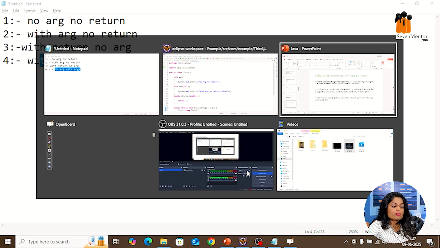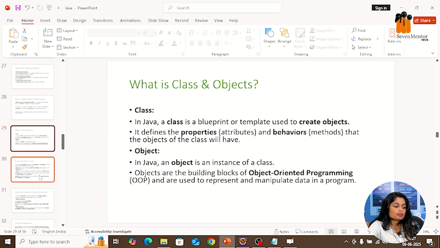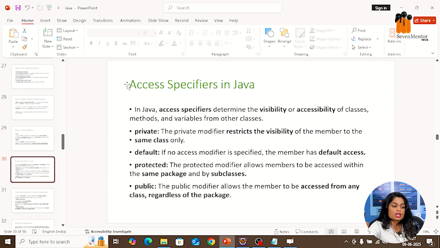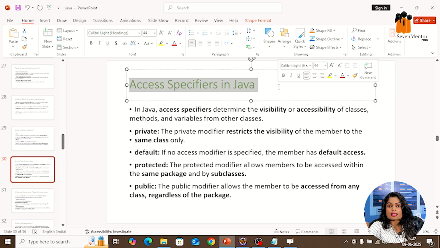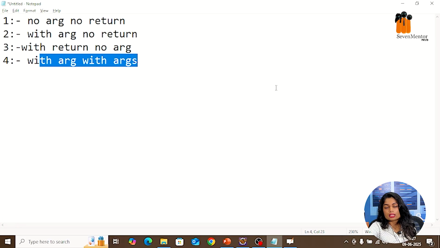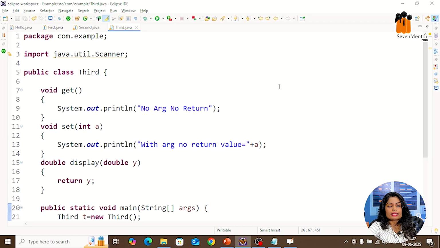For class and object, we have another part, that is the access specifier. When you are using a class and object, there is a most important part known as the access specifier, which is mainly used to set the visibility of the data. There are basically 4 types: private, public, protected, and default. Those are the 4 parts. Default is mainly introduced in Java, which is accessible within a class and outside the class but within the package only. So this is basically default. Public is accessible everywhere.